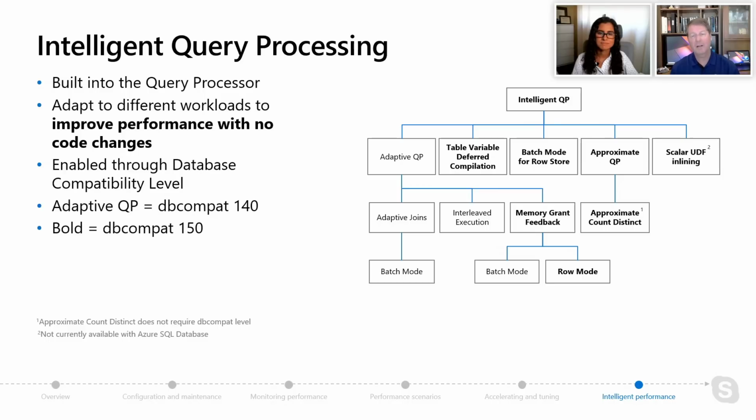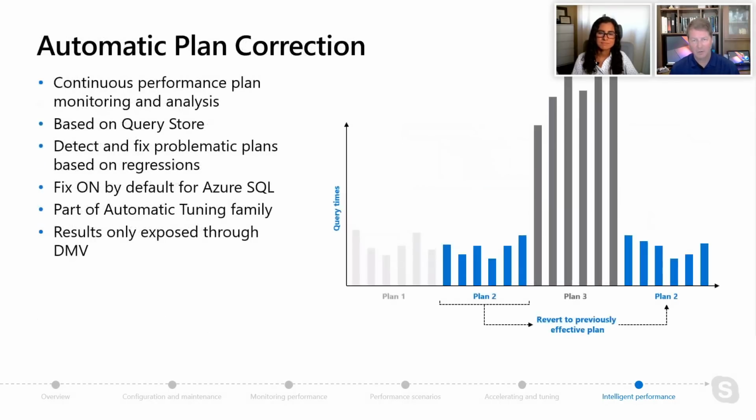Now, automatic plan correction is very interesting. It's a scenario that we added in SQL 17, also in Azure. And it's really about query plan regression problems, such as parameter sensitive plans or parameter sniffing, as people call it. If you see in this diagram here, a given query plan was fast, it got evicted from cache, a new query plan is compiled based on data that's skewed, and so a really bad plan gets into cache and everybody has to use it. So it's a query plan regression problem.